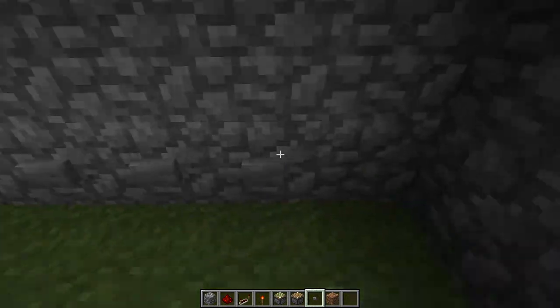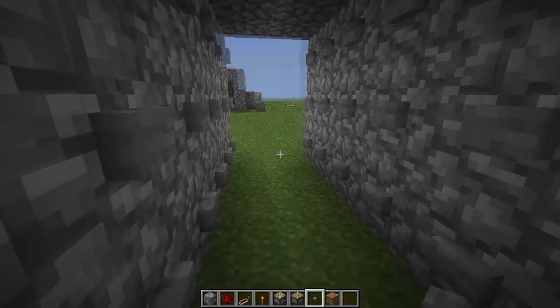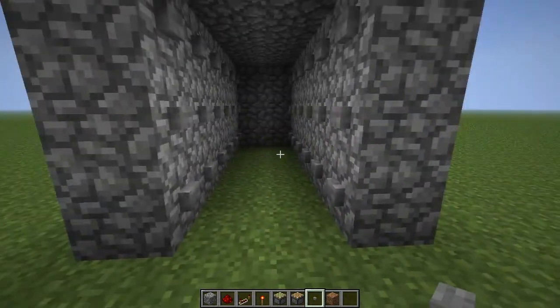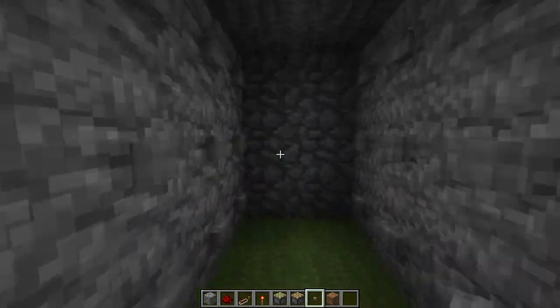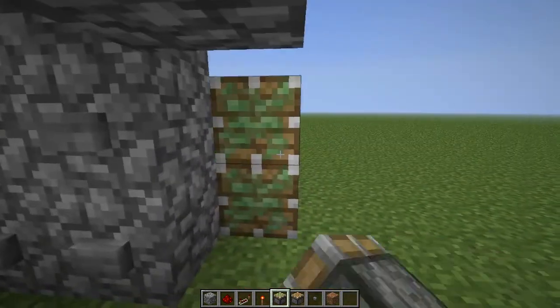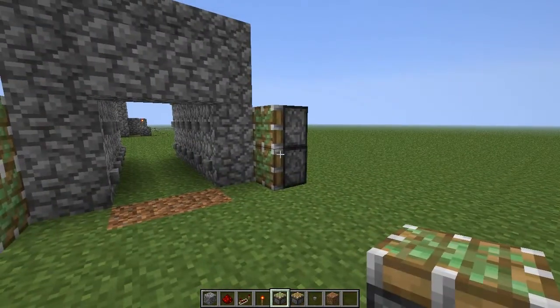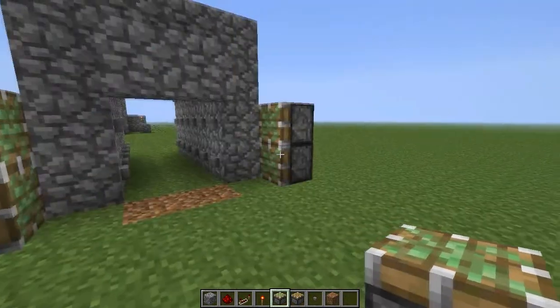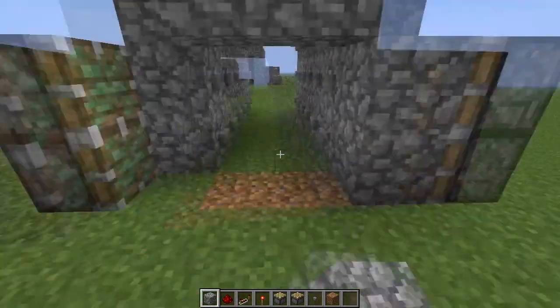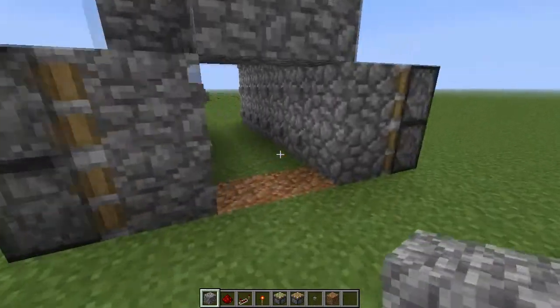like so. And I don't know if there is any other design, but I just went into my test world yesterday and tried to do this, and it worked perfectly, so I'm showing this off for you guys right now. So we want to put sticky pistons right here, and add these two right here. Then what we want to do is